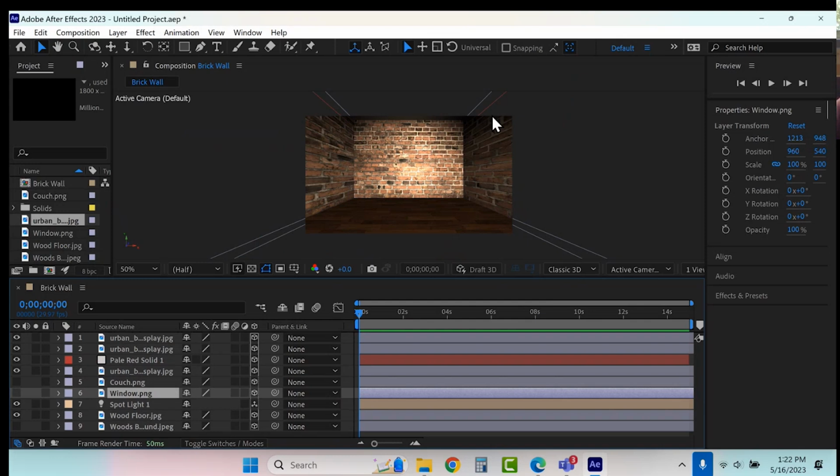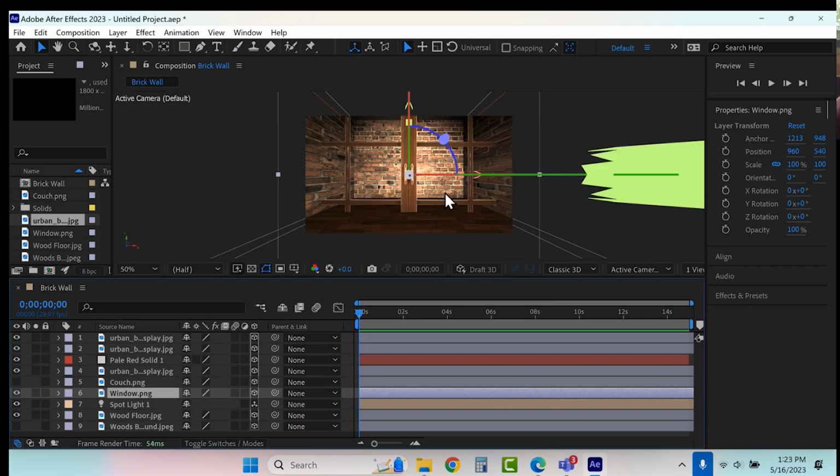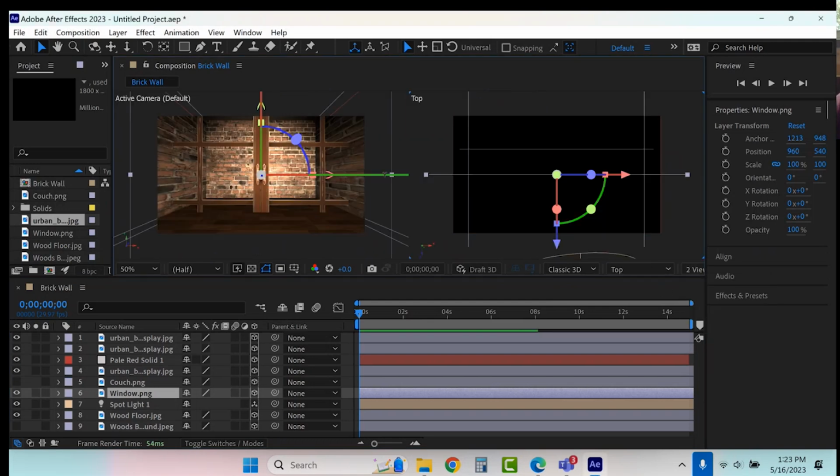All right, so you see my space. It might be a little dark on your end. You'll get to see this once we actually add a light source. Let's place our window in here, right? So, got the window in now, but let me switch back to my two view, because you can see here